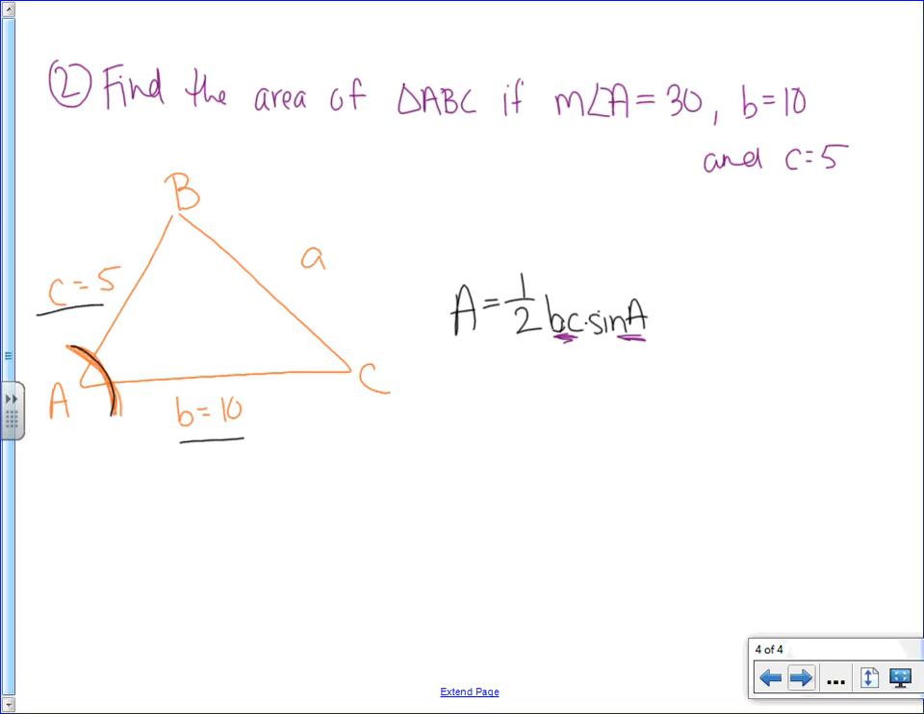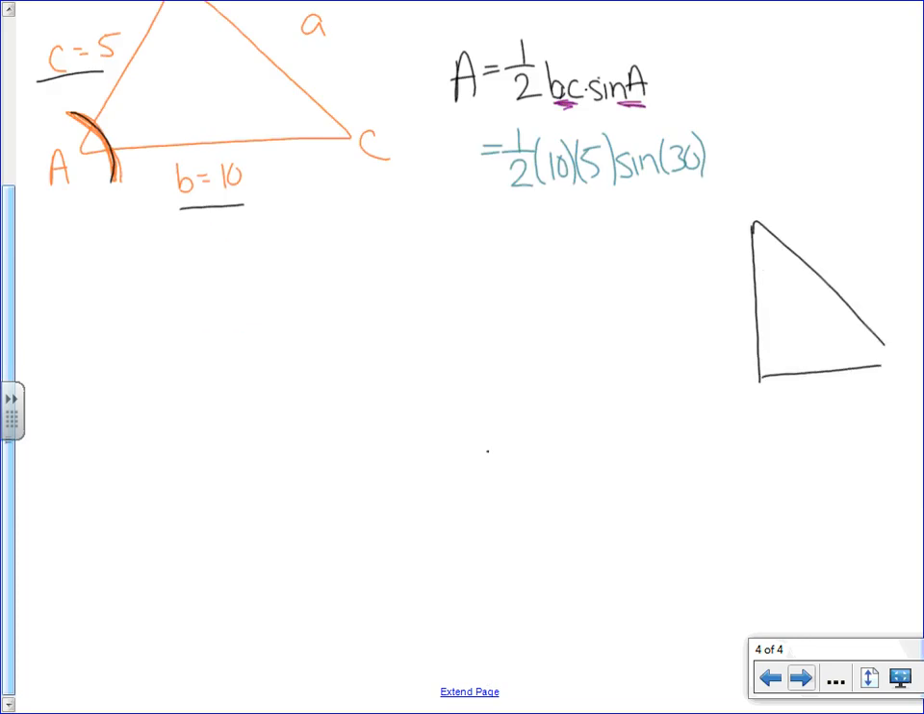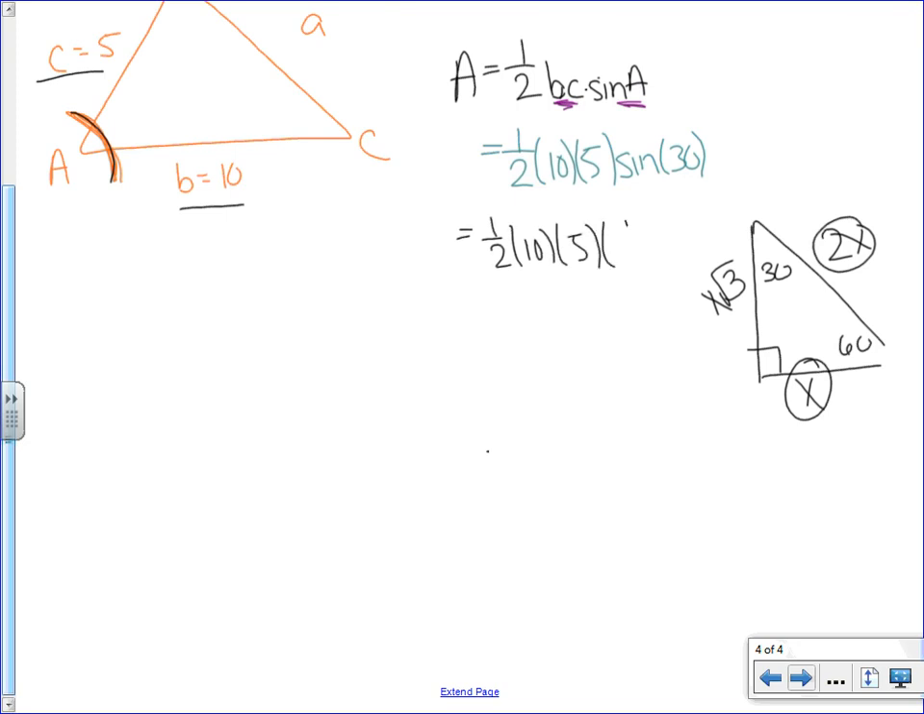So now let's just plug in. So this is going to be 1/2, B is 10, C is 5, and now they didn't give me the sine of A, they just gave me A, so I actually need to find out the sine of 30. Okay, well, lucky for us, 30 is one of those special right triangles we know. We've got 30, 60, across from the 30 is your x, 2x, x radical 3. And sine is opposite over hypotenuse, so that's going to be 1/2. So this is going to be 1/2 times 10 times 5 times another 1/2,